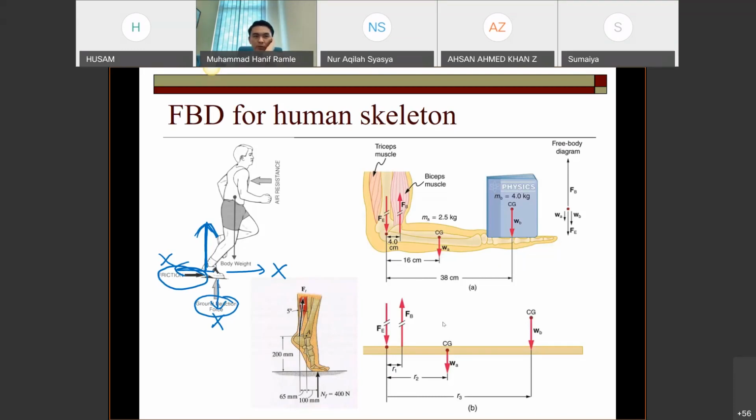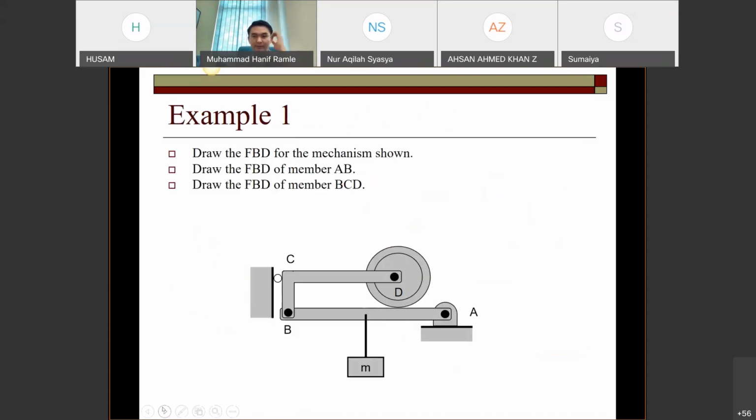Later on you will go through this one during the exercise maybe. I will give you some examples of the human body. This is an example of how to draw an FBD. The first thing is to draw the FBD for the mechanism shown. So if the question asks you for a very general FBD, without any specific points like A, B, C, D,